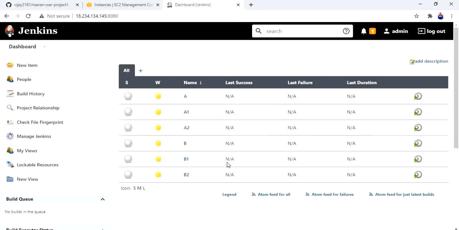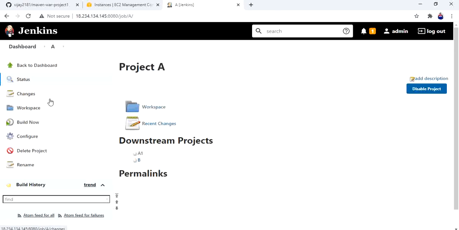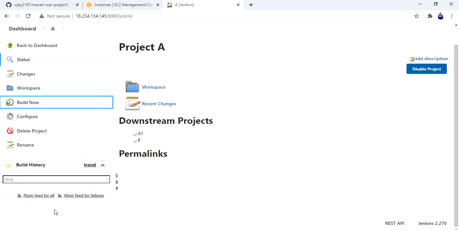so let me go to this Jenkins and let me go to A and trigger build now. Okay, see here, A1, B are downstream jobs.